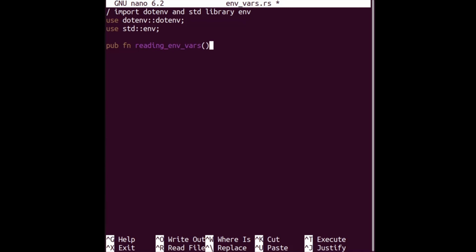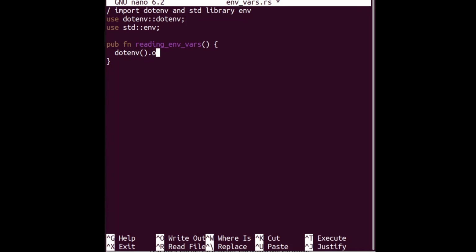And now we create our public function, reading envars, just a test. Same as in Python, where we used to do load_dotenv to get those environment variables loaded into the script. So to be able to access those, here we're just going to call the dotenv